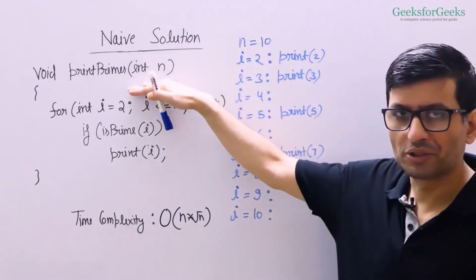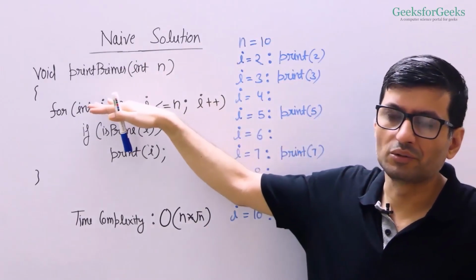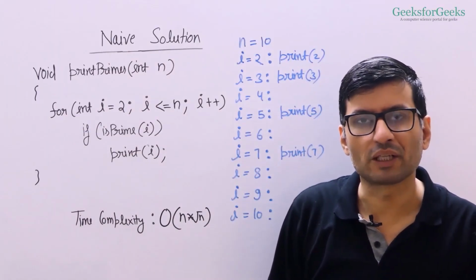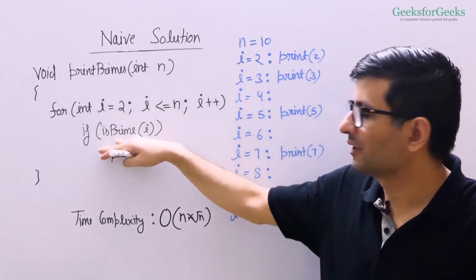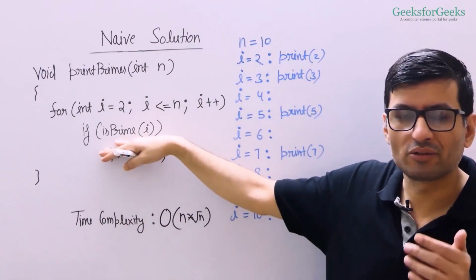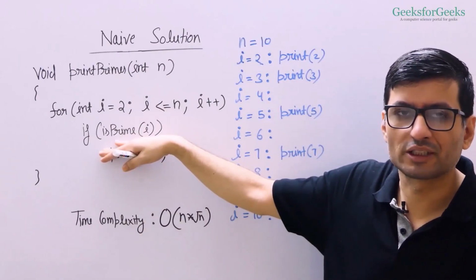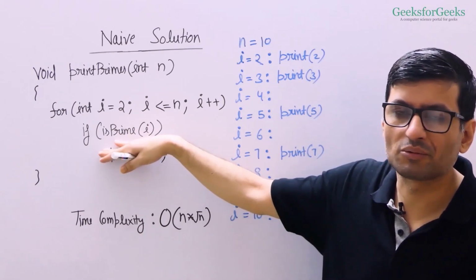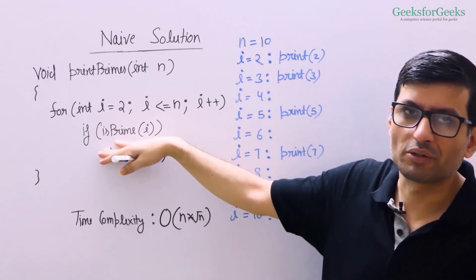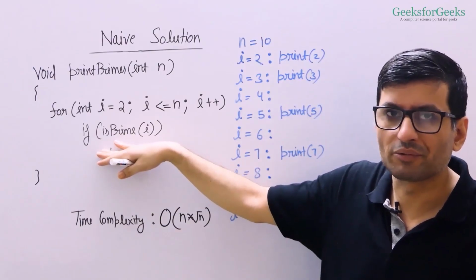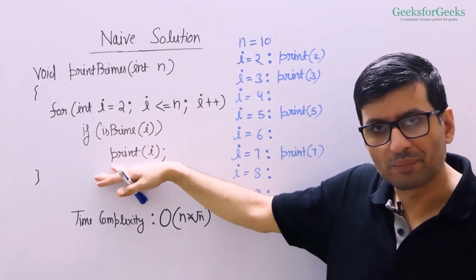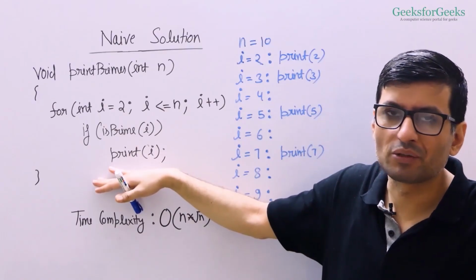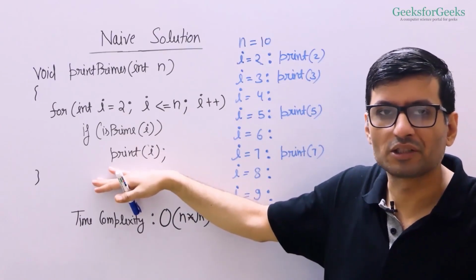In the naive solution, we have a simple idea. We run a loop from 2 to n. For every number, we check if it is prime. If it is prime, then we print it. So I've written isPrime here. I'm assuming that you have written the isPrime function, which takes an integer and returns a boolean value. It returns true if i is prime, otherwise it returns false. We've talked about the implementation of isPrime in an earlier video. Here I have written print. If you're programming in C++, you can replace print with cout, and if you're programming in Java, you can